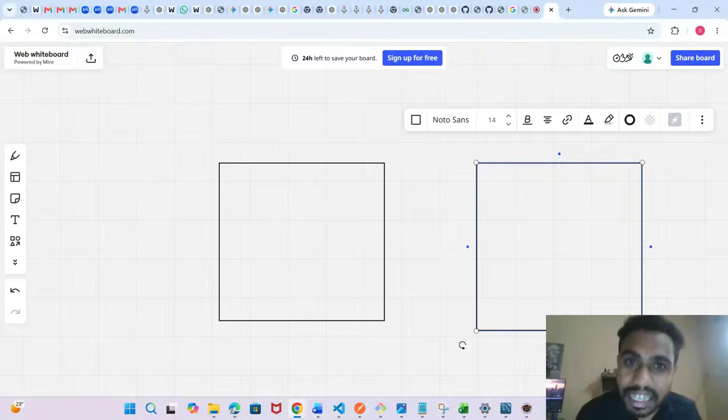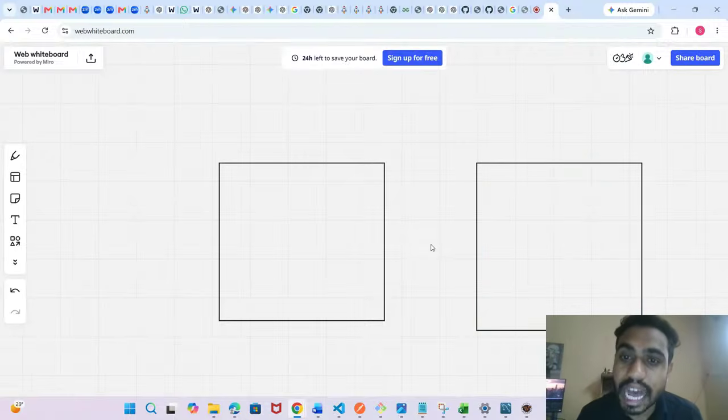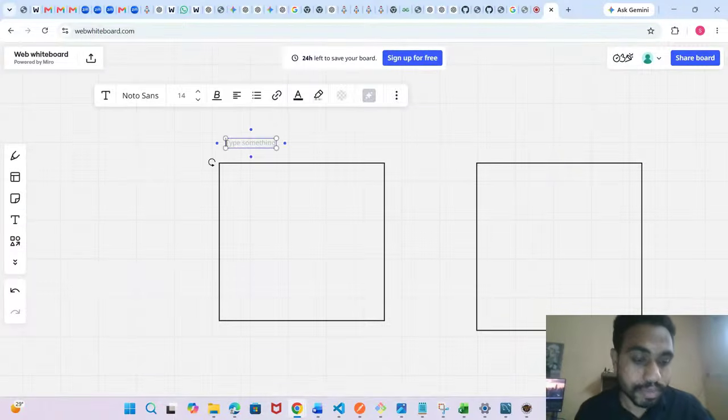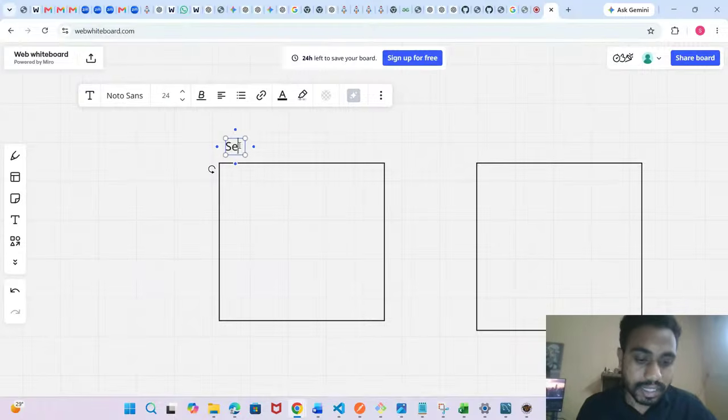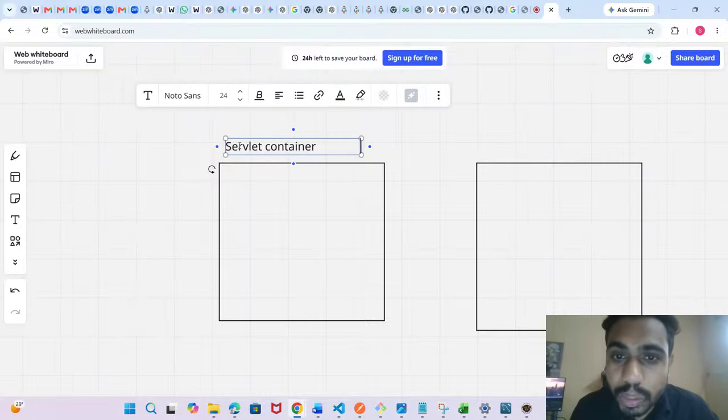See, guys, in architecture, every time a new block will come. We need to correlate every block so that you can understand the architecture at a whole level. So my style of teaching is I will introduce a single block each time, so that you can understand in a much clearer way. There are two containers here: one is servlet container, and second one is Spring Boot container.